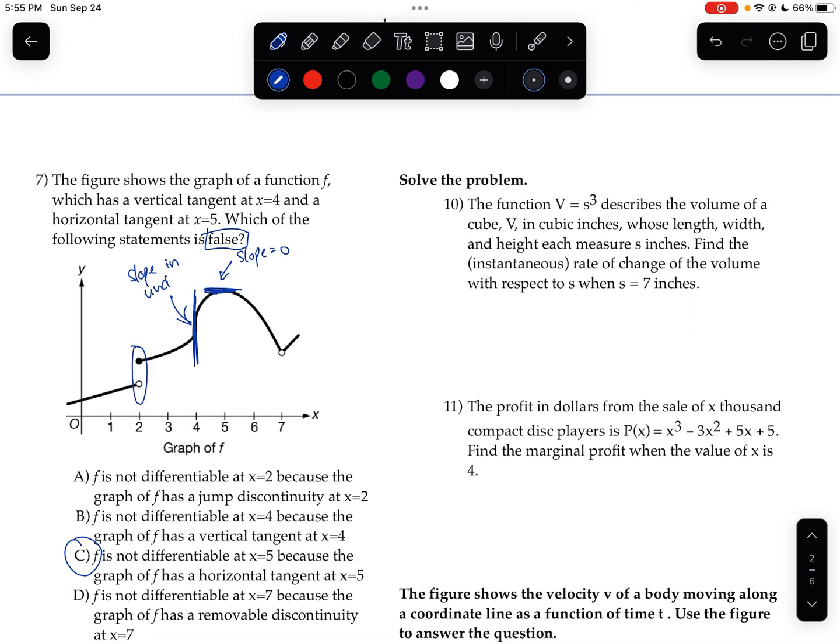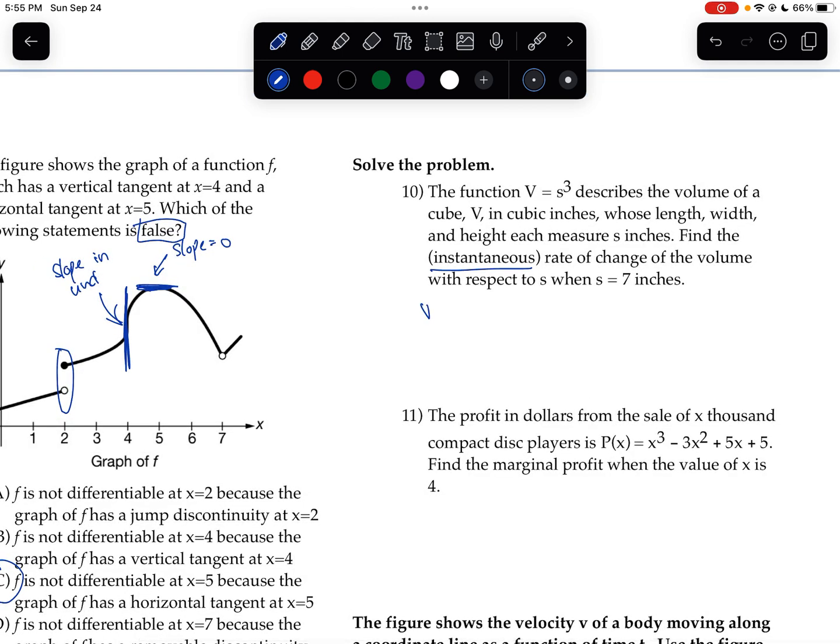Alright, for 10, the function v equals s cubed describes the volume of a cube in cubic inches, whose length, width, and height each measure s inches. Find the instantaneous, that means derivative, rate of change of the volume with respect to s when s is equal to 7. So let's find v prime. V prime would be equal to 3s squared. And then we want to find v prime of 7, which would be 3 times 7 squared, which would be 3 times 49,